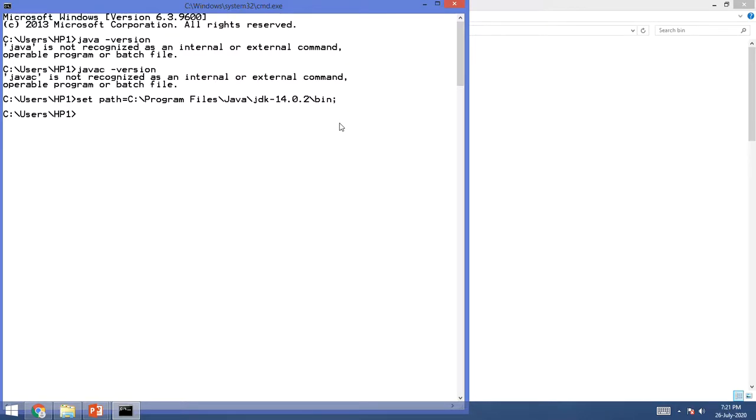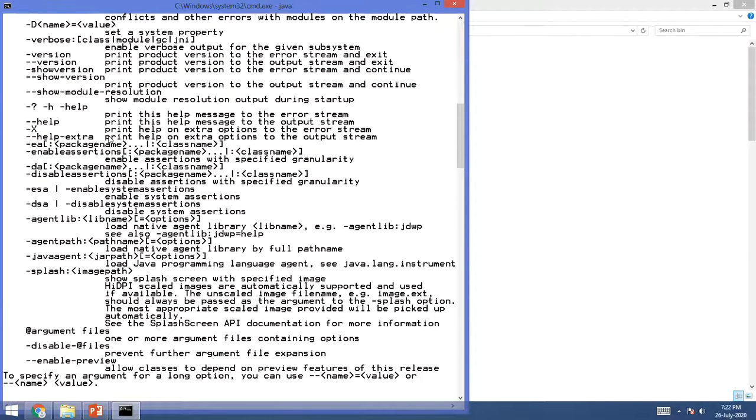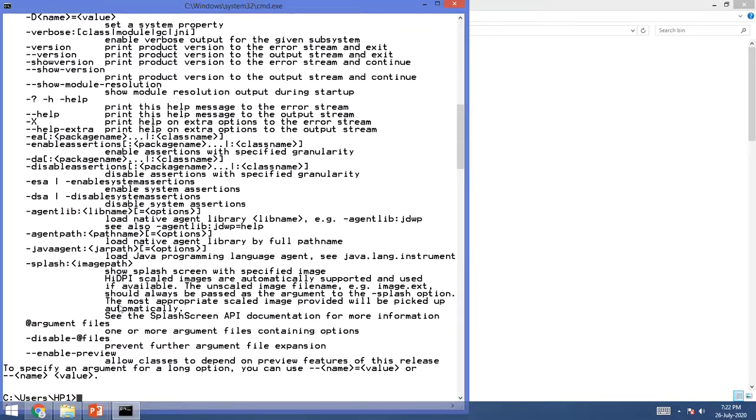Okay, now let us see our previous commands. java -version, it is giving me, yeah, Java version 14.0.2. javac -version, enter. javac 14.0. So this java and javac are of both same versions. Even you can just type java and see whether Java is installed or not. You can see these options will come, that means Java is installed. Otherwise it will say internal external error. Okay, now also type javac, enter.